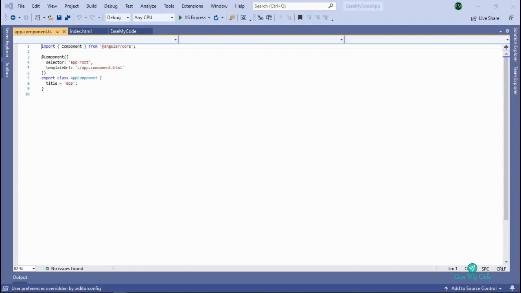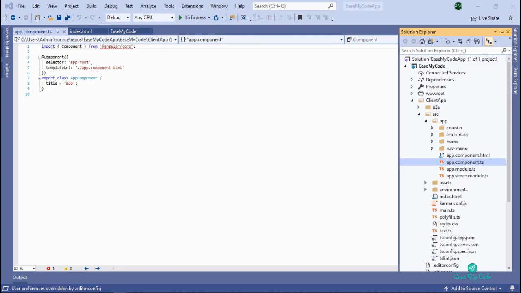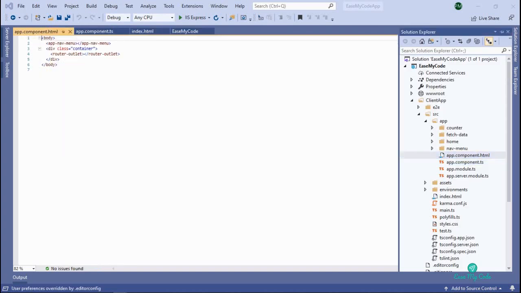This is what is written inside the index.html. Again, if you see the templateUrl, this means that the selector is app-root and its template which it is going to load is the app.component.html. So as soon as the request comes to index.html, it goes to app-root, and then from here it goes to app.component.html.